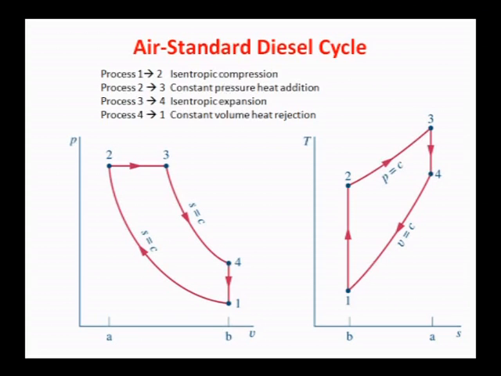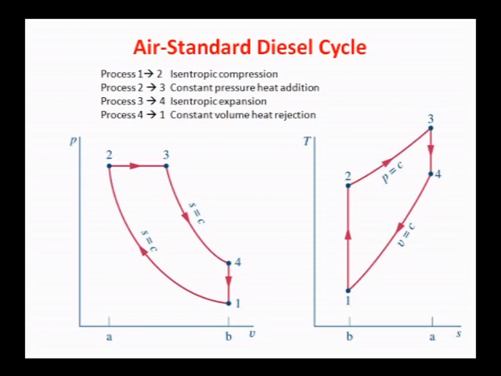4-1 is the constant volume heat rejection process. So, Q1 is the heat added, that is during the process 2-3. Q2 is the heat rejected during the process 4-1. Thus, one cycle is completed and the system will come back to its original state 1. So, this 1, 2, 3, 4 and 1 constitute a cycle, that is diesel cycle, and you can see that